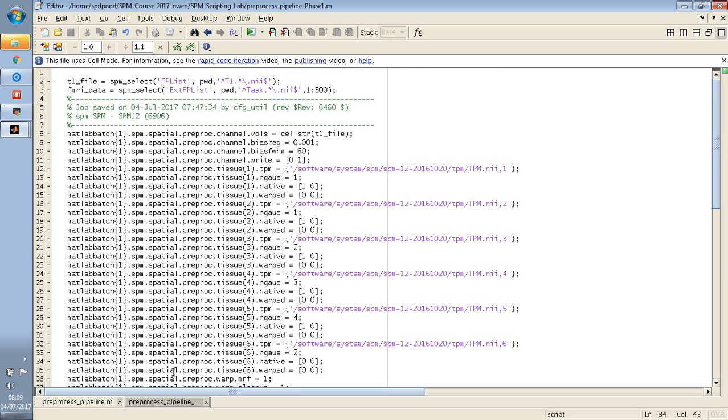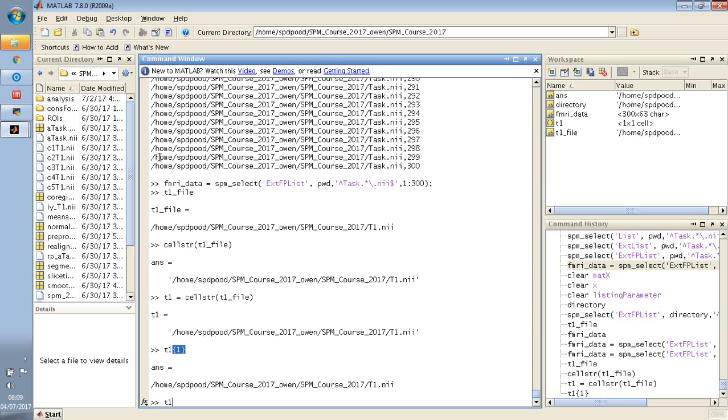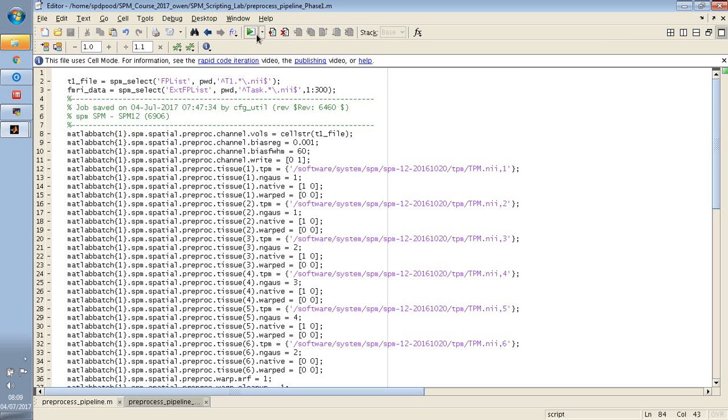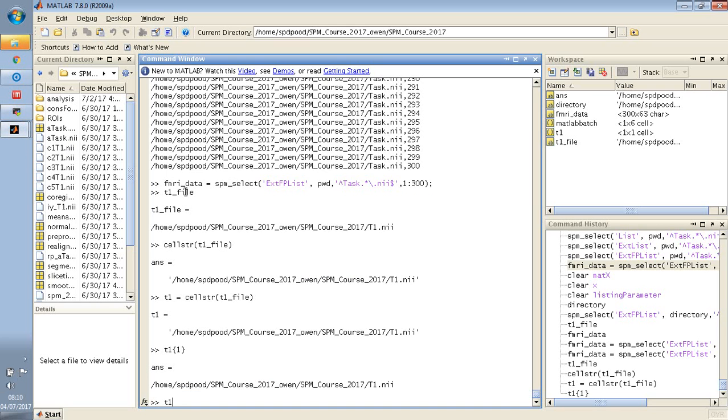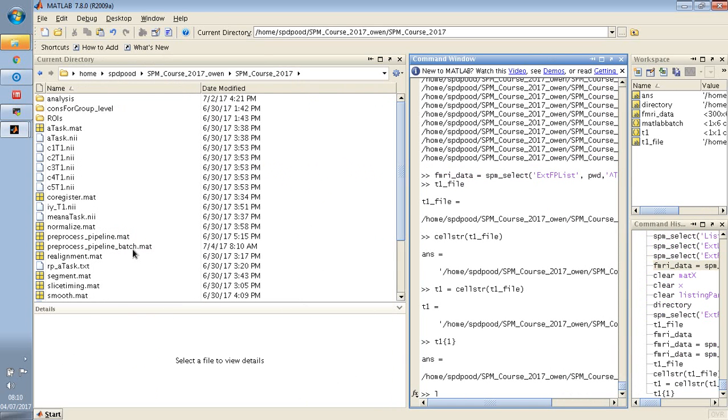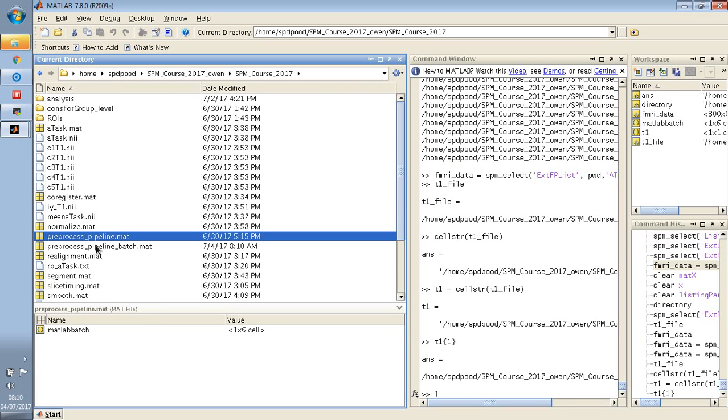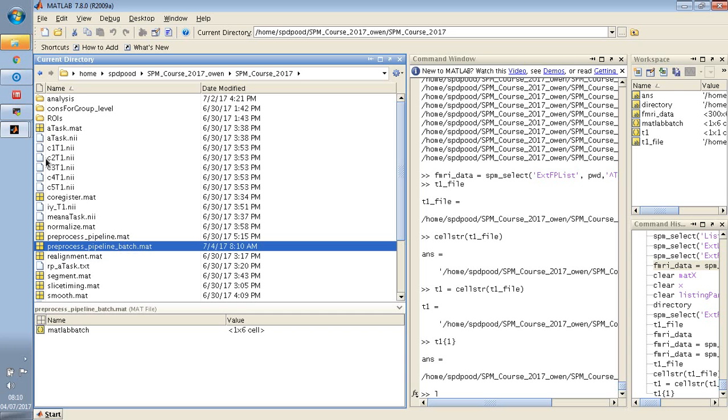And we'll make sure we're inside. Yep, that's there. So in fact, you can now just press this little green arrow to execute it, and hopefully add it to the path. And if we list, you can see it here now, hopefully, this file's been created. So this is the one we made yesterday, and this is the one we've just created. So just by executing it, it runs through and saves it, and we can then load this into the batch editor